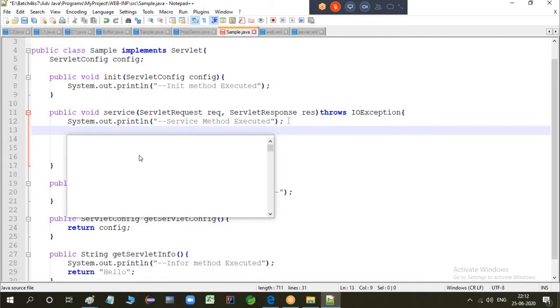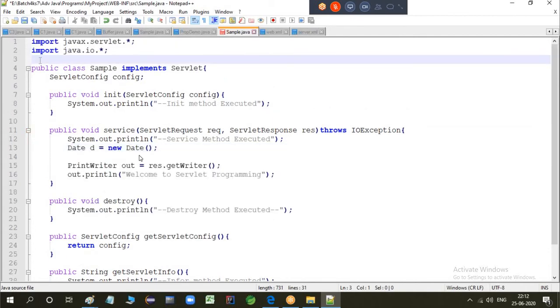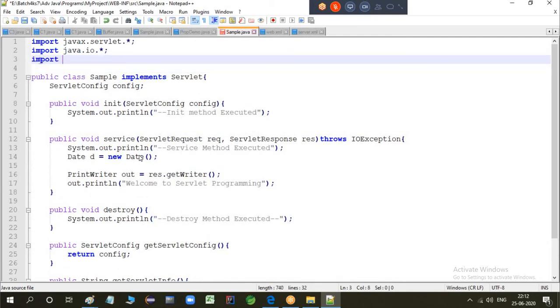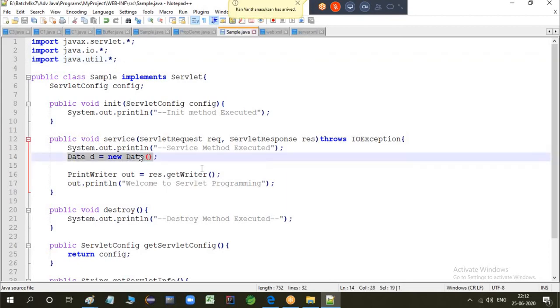This Date is available in the java.util package, so you have to import java.util.*. So you can create the date object,